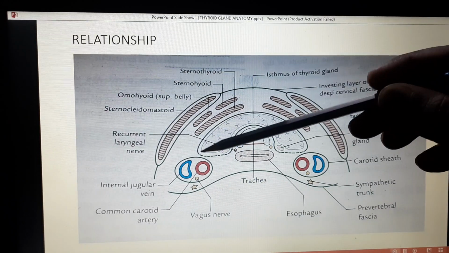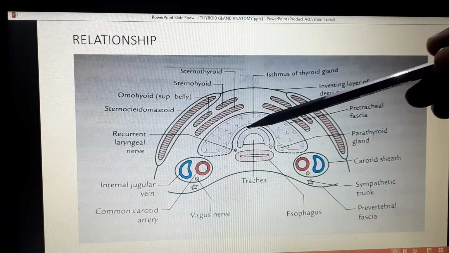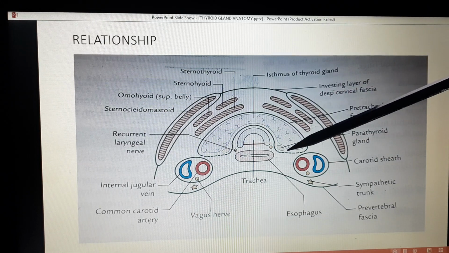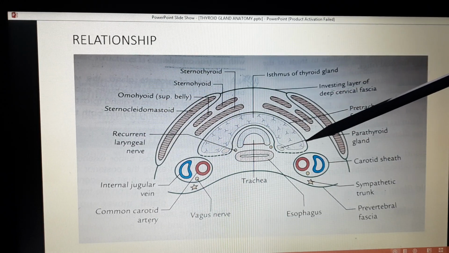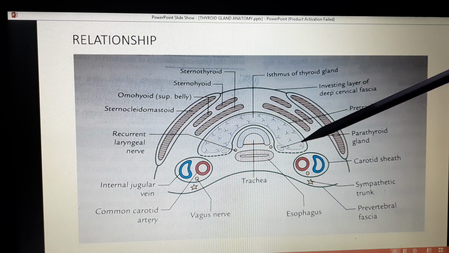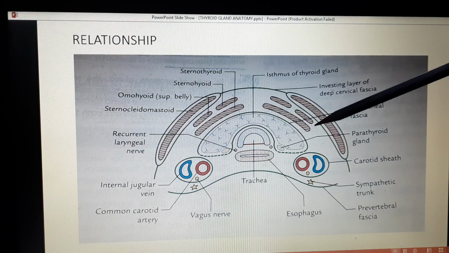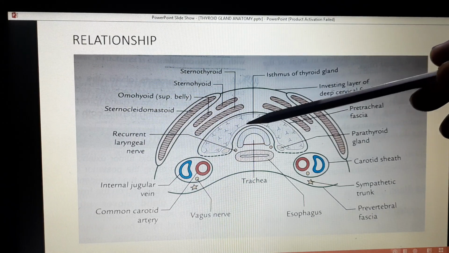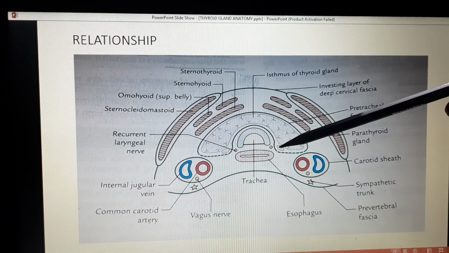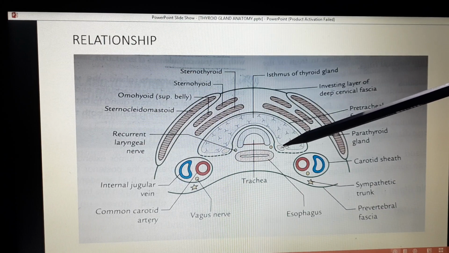You can also see that the thyroid gland is covered by the pretracheal fascia. This black colored outline is the pretracheal fascia, and the thyroid gland also has its own covering. This is called the true capsule, and the pretracheal fascia is called the false capsule. Between these two, all the arteries and veins run, and there is a venous plexus present beneath the true capsule, and the parathyroid glands are also present between the false capsule and true capsule.